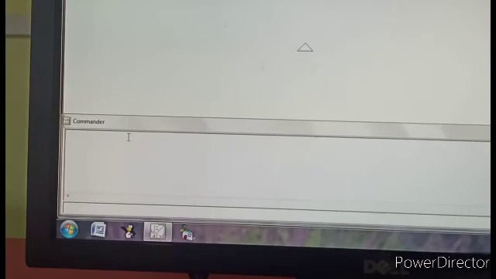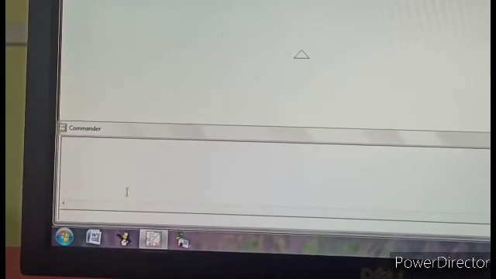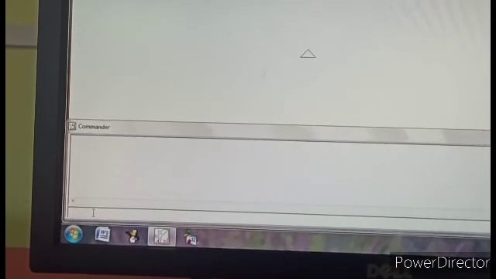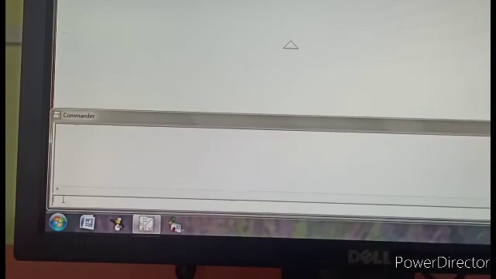The bigger one is called the recall list box, and the smaller one, like a long horizontal bar, is called the command input box. The command input box is actually the main area.